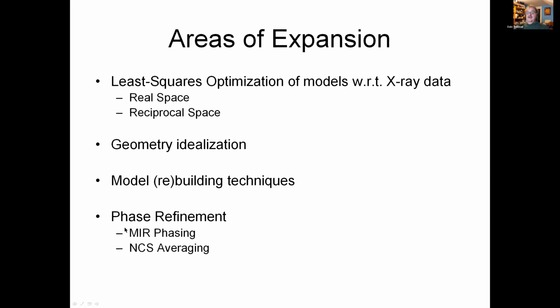And I'll mention a little bit about the idea of phase refinement. Of course, all the structures being solved at that time were being solved through experimental phasing methods, because if you have 7 structures in the protein data bank, molecular replacement isn't really high on your list of techniques for solving structures. So MIR phasing was a big thing, and NCS averaging, non-crystallographic symmetry averaging, was just being recognized as a